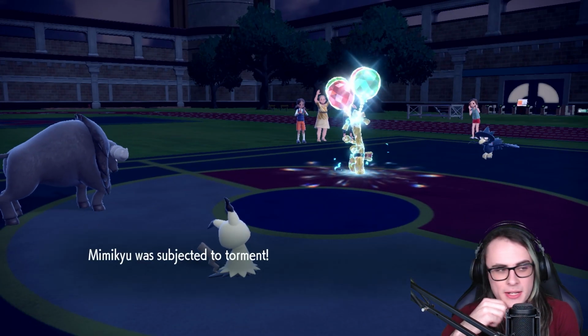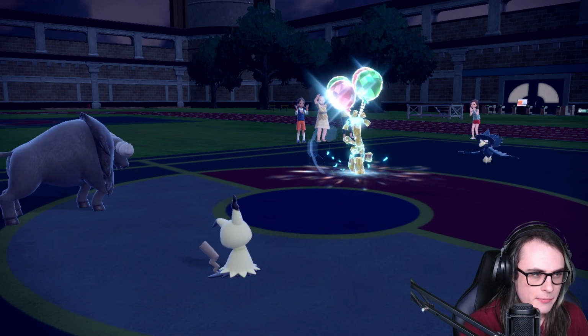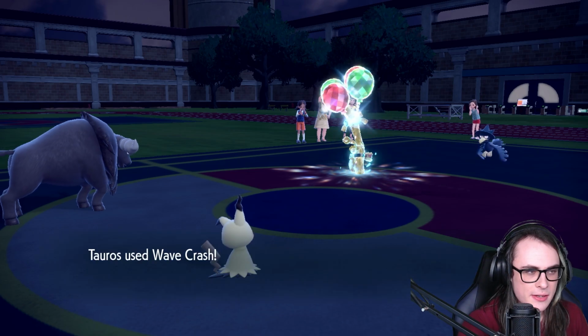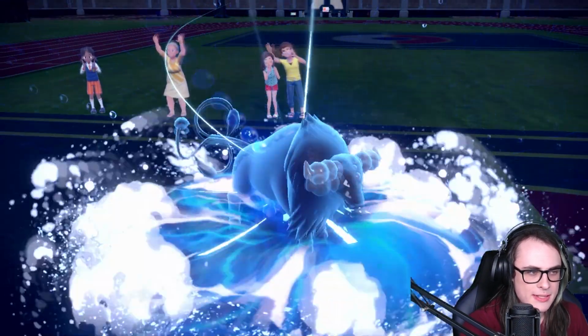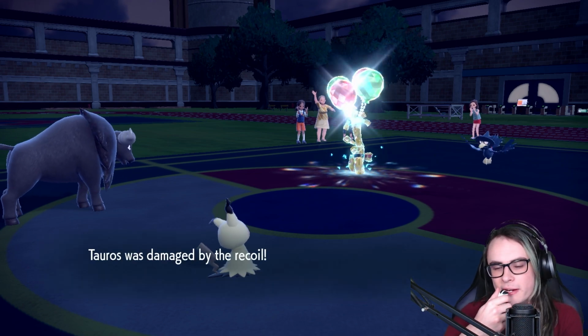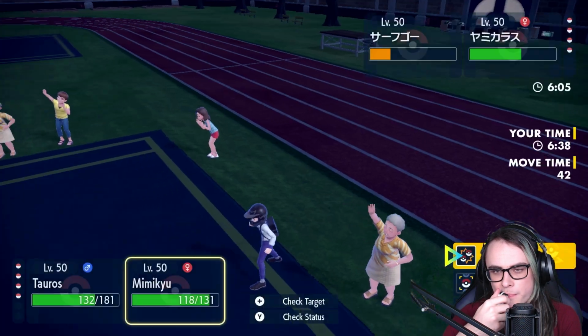That's actually interesting, but I do like it a lot. This will definitely end up determining how I play a lot this game. So the Torment, Tailwind, and then Goldango has Nasty Plot and Protect. Interesting. Okay, so I'm definitively going to go for the Aqua Jet into Goldango's slot, and I'm going to proceed to go for